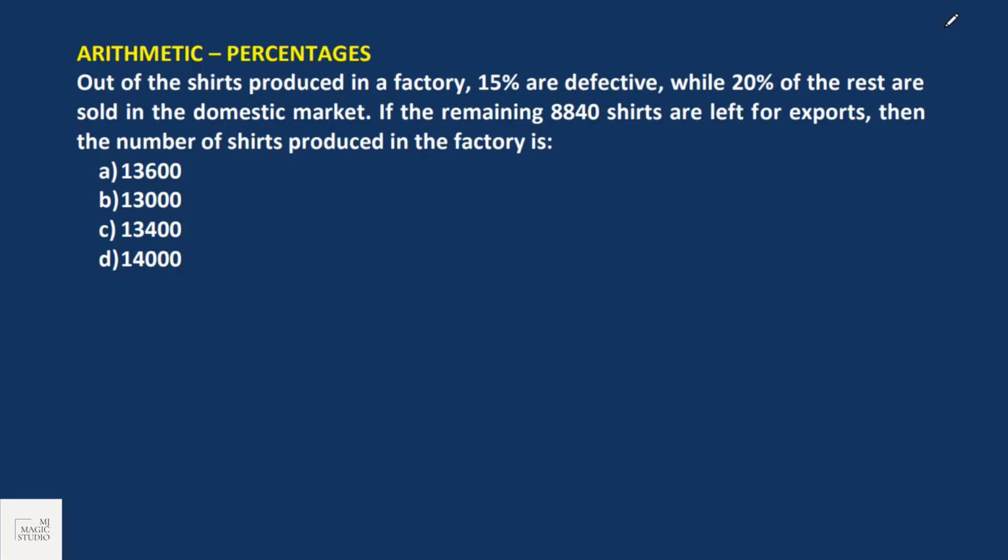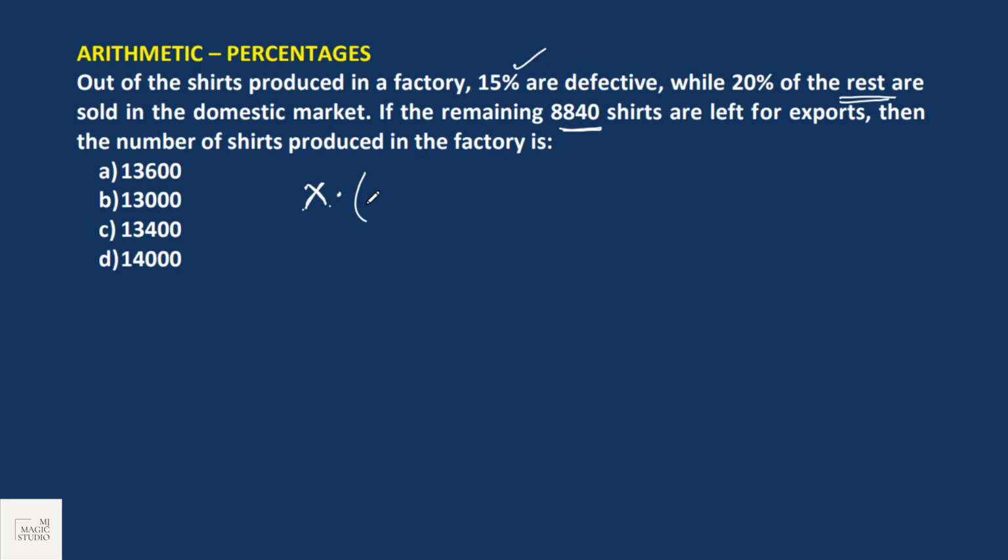On this note, one more from percentages, arithmetic. Do the drill, find the answer. Let's see what we have. Out of the shirts produced in a factory, X number of shirts, 15% are defective, while 20% of the rest, that means after defective, are sold in the domestic market. If the remaining 8840 shirts are left for exports, then the number of shirts produced in the factory,